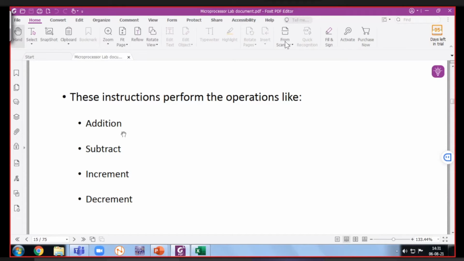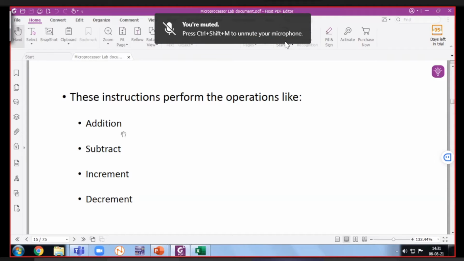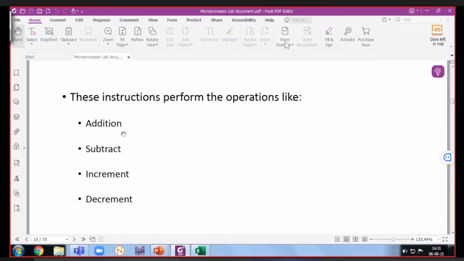Similarly for division also. Okay, we have to divide 16 by 4. Okay, so we will subtract 4 from the 16. Okay, और इसमें तो कोई काउंटर मुझे पता ही नहीं है. Okay, so in this we'll check the result. कब ये 0 हो रहा है? Okay, जैसे ही 0 आएगा we'll stop or we'll jump to the result location. Okay, that is repetitive subtraction.